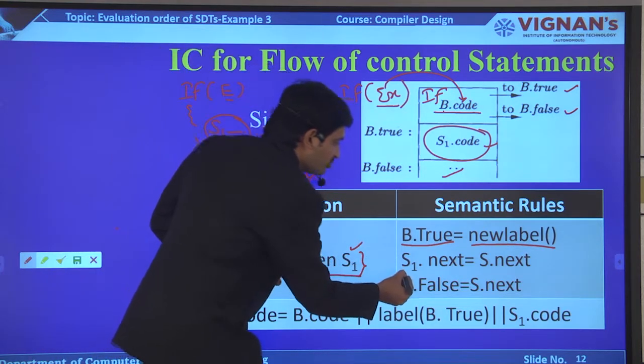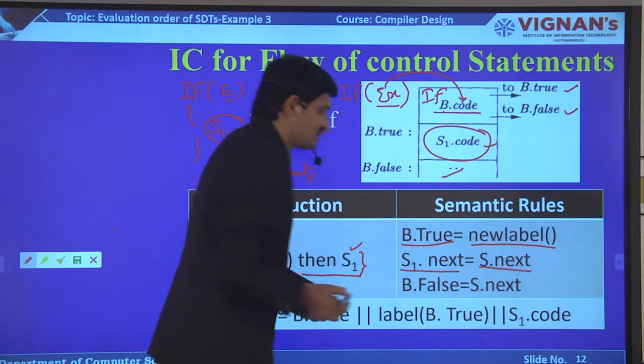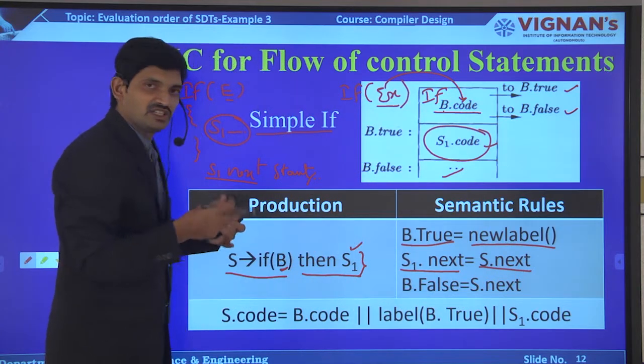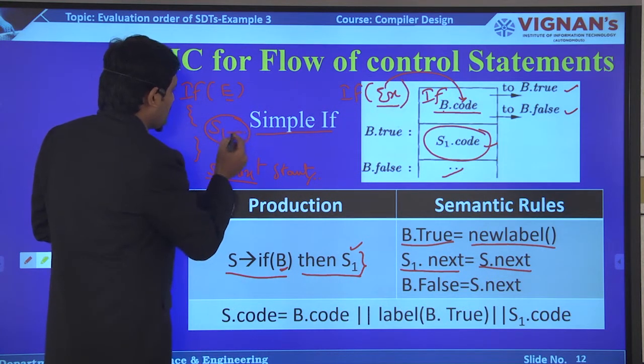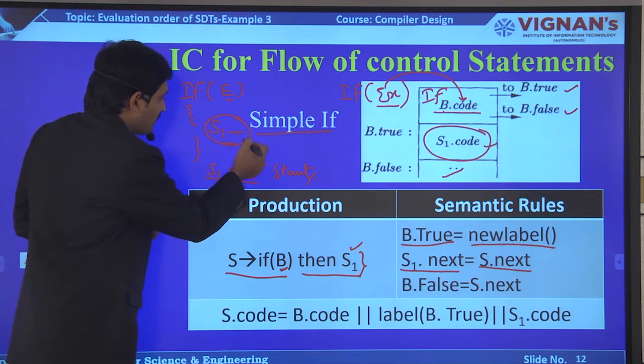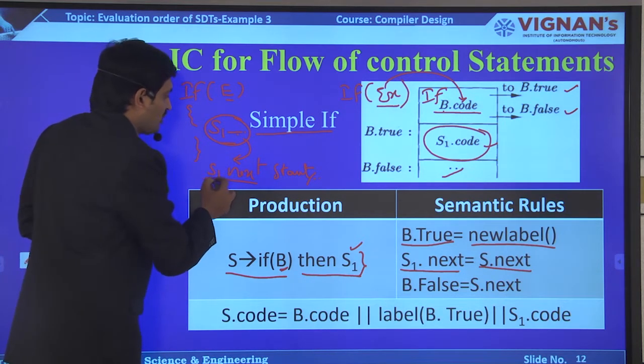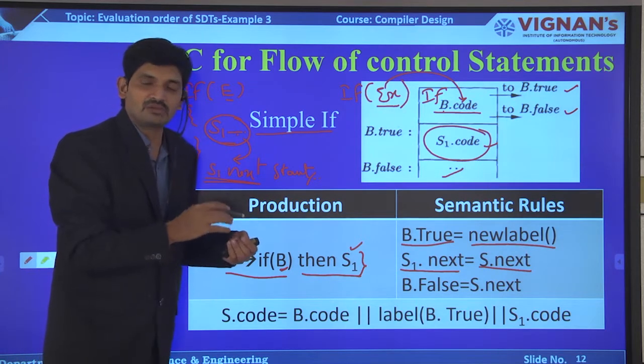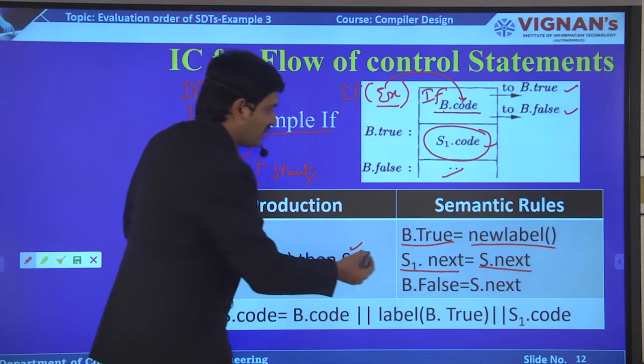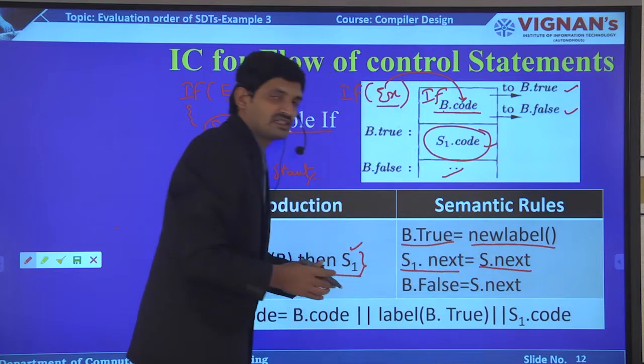So S1 next equal to S next. After executing S, what will happen? The control comes out of this if block, and we execute the remaining statements if they exist. That's why we write S1 next equal to S next.